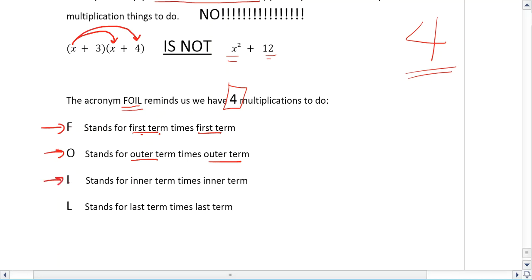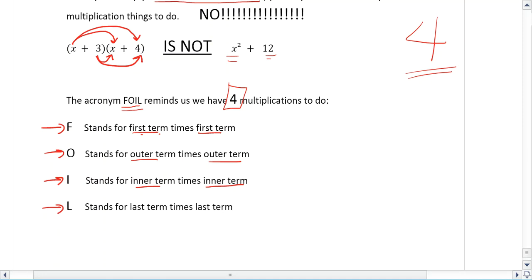The I in FOIL stands for the inner term times the inner term. In this first binomial, the 3 is on the inside, and here the x is on the inside. So this arrow stands for the I in FOIL, and the L stands for the last times the last. Well, the 3 is the last in the first binomial, and the 4 is the last here, so this arrow